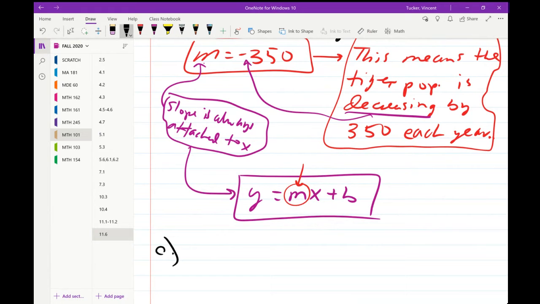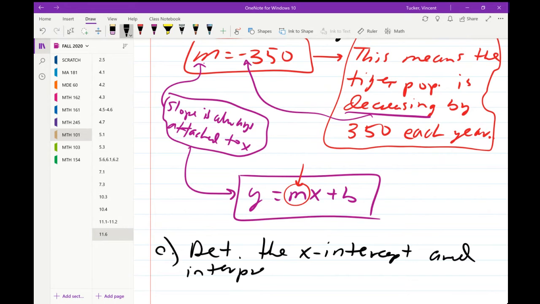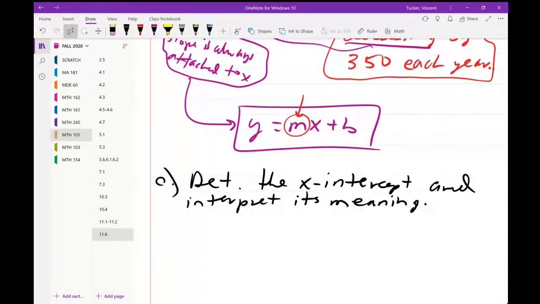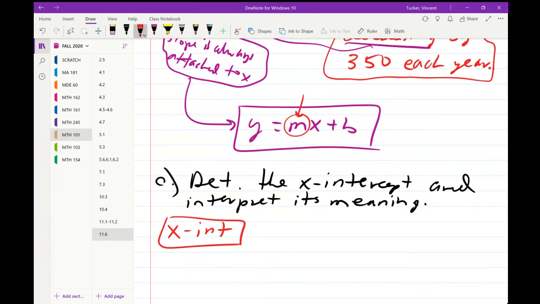For part C, determine the x-intercept and interpret its meaning. Here come the x-intercepts. We talked about that last class. Don't forget, y is always